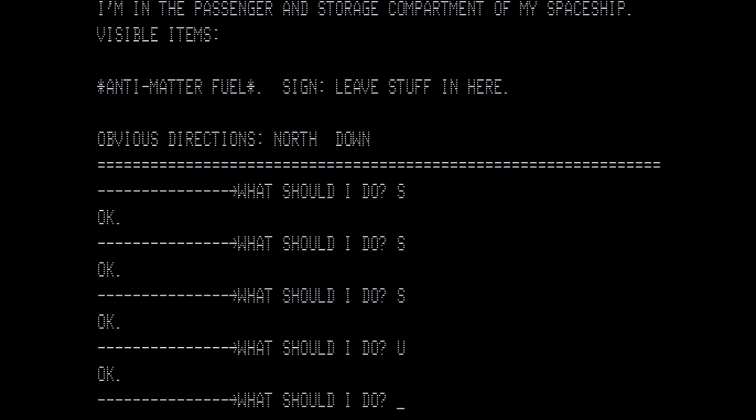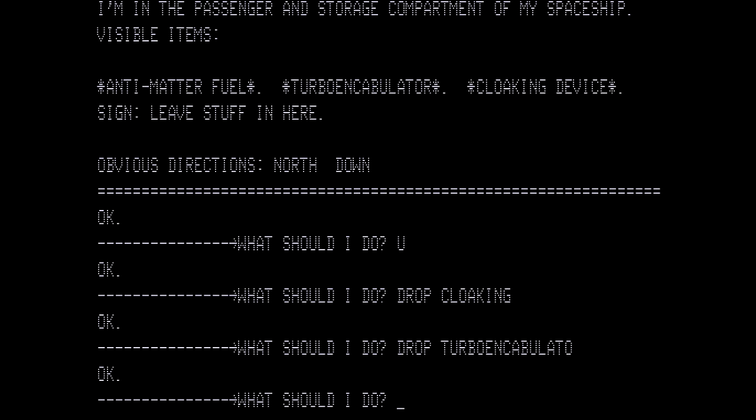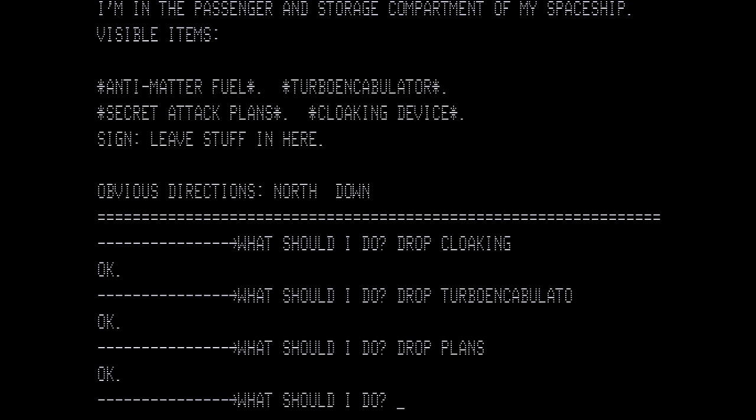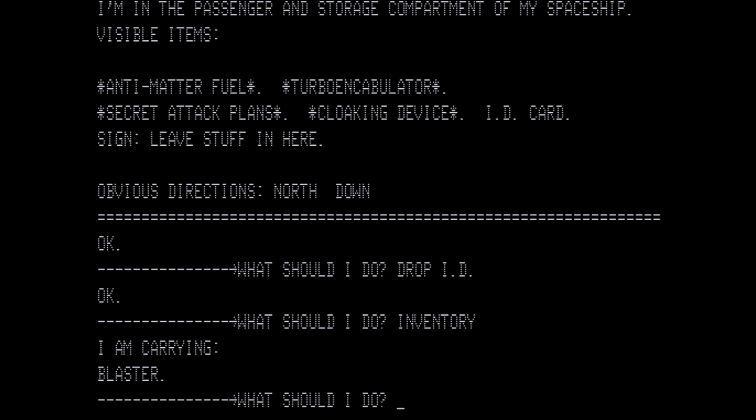So we want to drop the device, which is the cloaking device, and then we want to drop the turbo encabulator, and then we want to drop the plans, and then we want to drop the ID card. Let's run a quick inventory. Make sure we're only carrying the blaster, and then we're going to take off on another trip, this time to